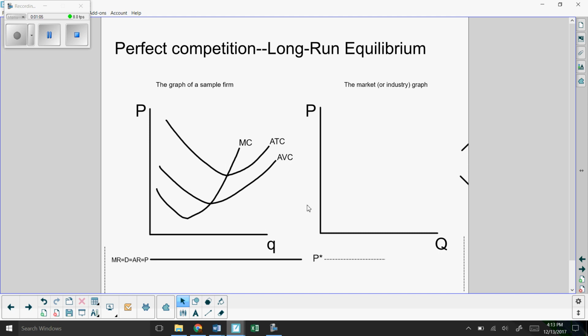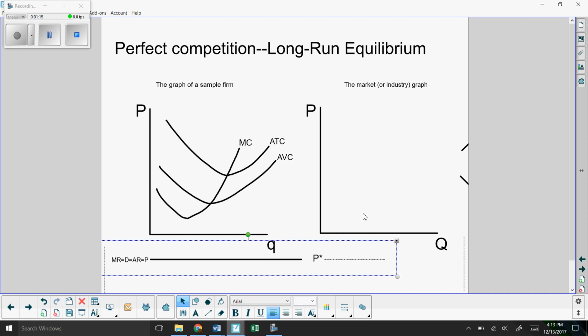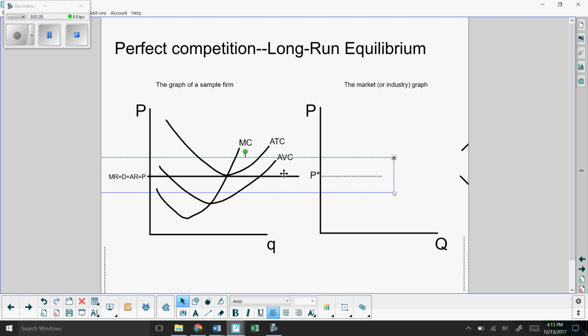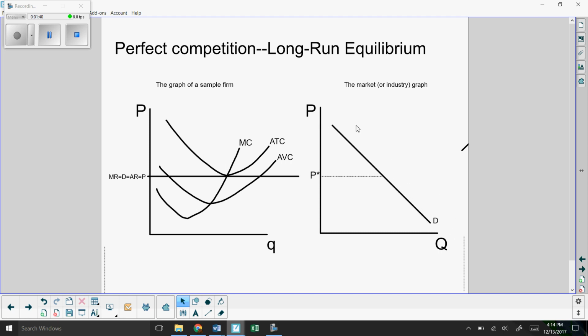Now, the trick to drawing long-run equilibrium correctly is to not do the market or industry graph until after you've finished the firm graph. Obviously, the intersection of supply and demand on the right-hand side will give us a price, and the firm is a price taker, and that'll establish the height of MR equals D equals AR equals P for our price taker firm. But it's savvy to build it in the opposite direction, because this way you put in your MR equals D equals AR equals P tangent to the bottom of ATC, just touching it once,